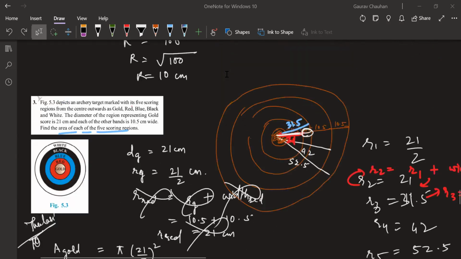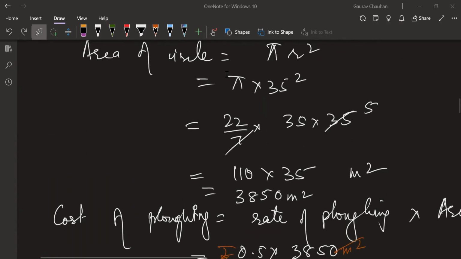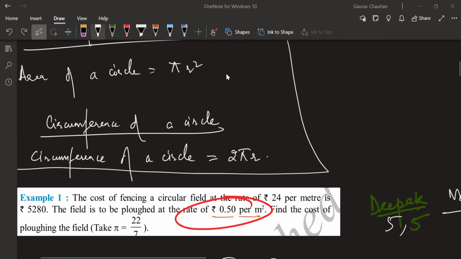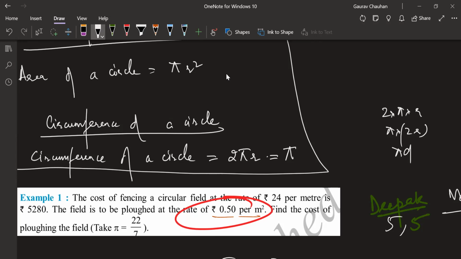I want you to do one more thing before we close. One small thing. Can you go back to your area formula, and also write it down in terms of diameter? Circumference will be 2 into pi into r. I can write pi into 2r is equal to pi d. I will write this circumference as pi d, and area of a circle is pi into r squared, which is pi into d by 2 the whole square, because r is diameter by 2. That's equal to pi d square by 4. Write this also and keep, because sometimes you have the diameter, so why unnecessarily find the radius in between?